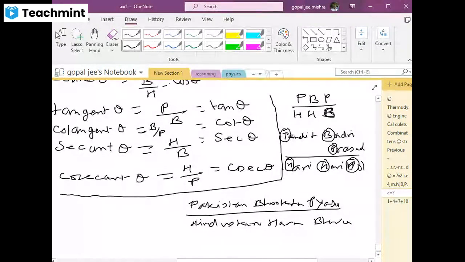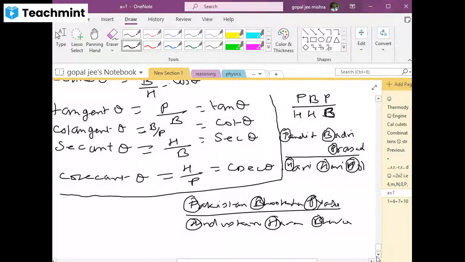So you can see P by H, P by H, P by H, and P by B. This is the important thing that we have to remember. And you can invert this, you will get all the 6 ratios. Is it easier, beta? All the ratios remembered? You can memorize that? Yes. Okay, I have memorized. So these are the tricks by which we can keep these ratios in the mind.